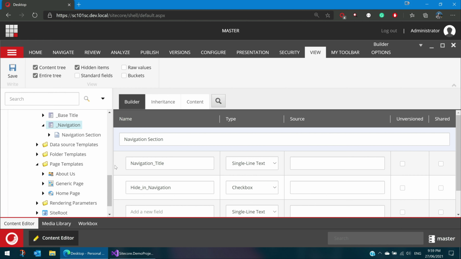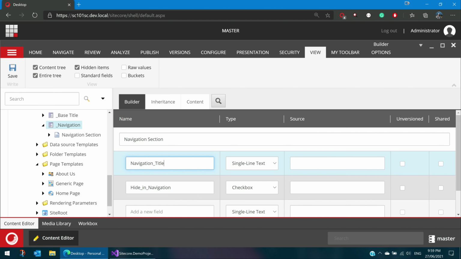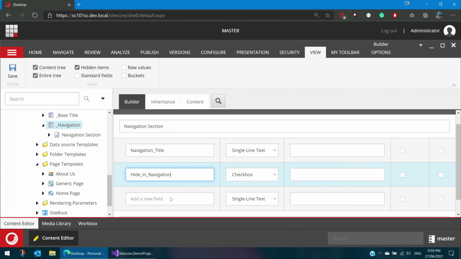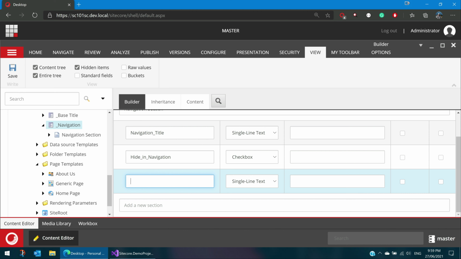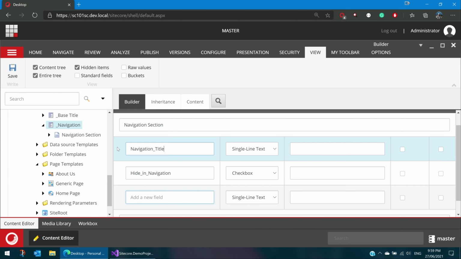Whenever we define a field, when we add a new field, the name we give becomes the field name. This is uniquely identified in the template.